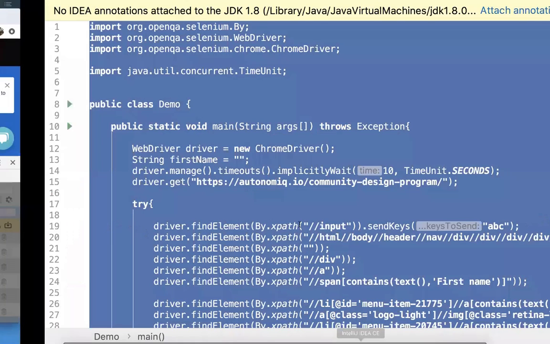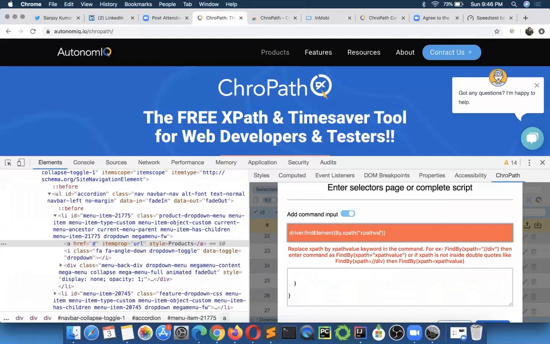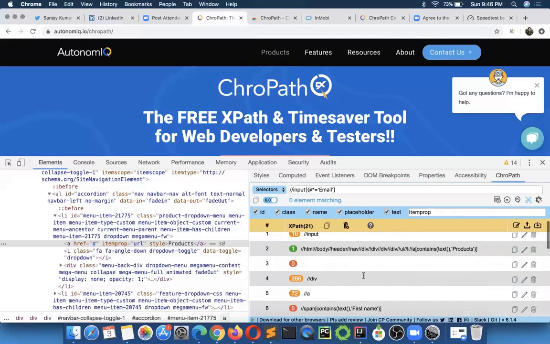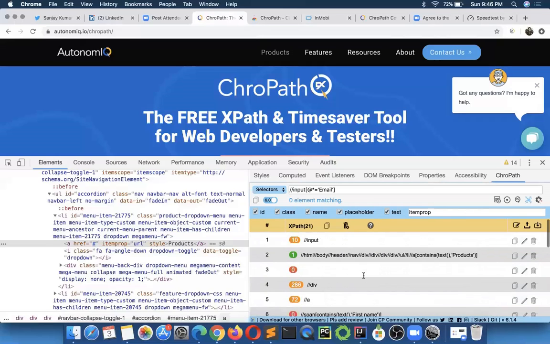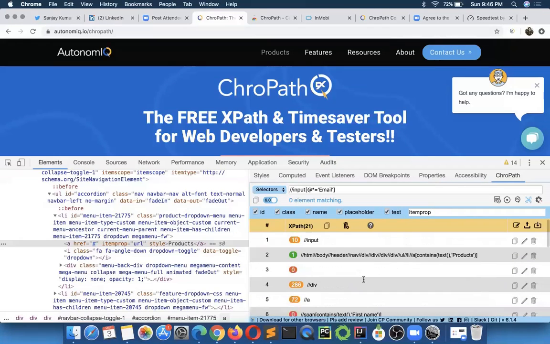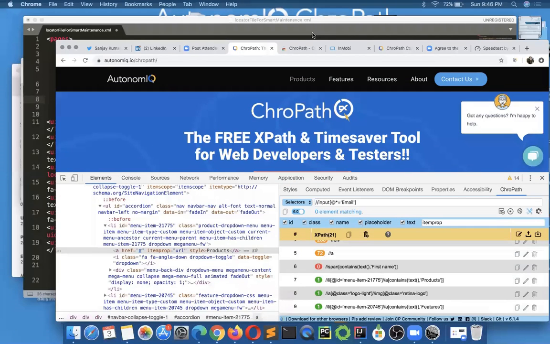This was our command, and replace XPath with XPath value. Click OK, and you will see all the XPath has been fetched from your script, and it tells you the occurrences, and the ones which are 0 you can fix. That's how it saves a lot of time and helps you a lot.